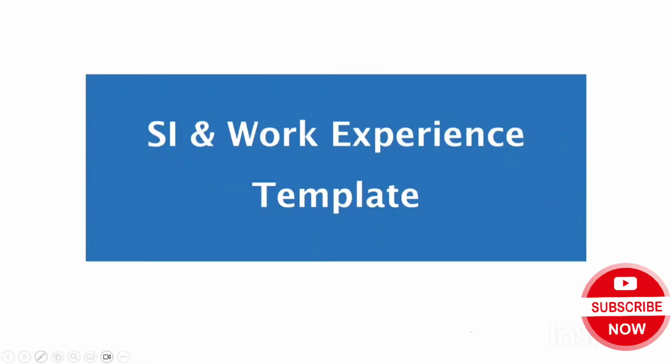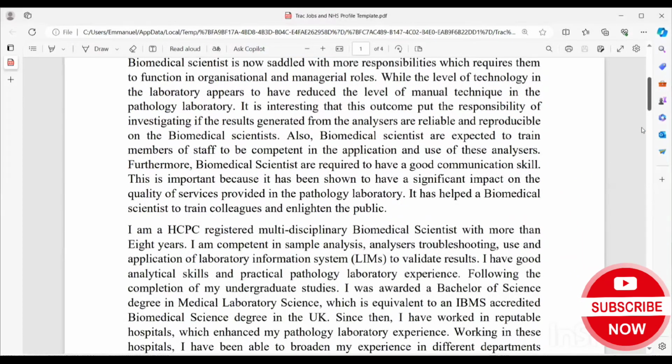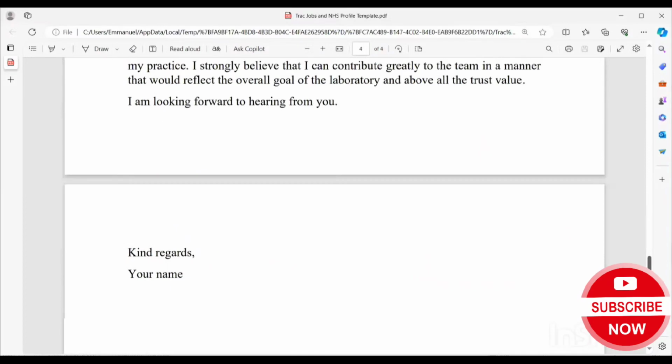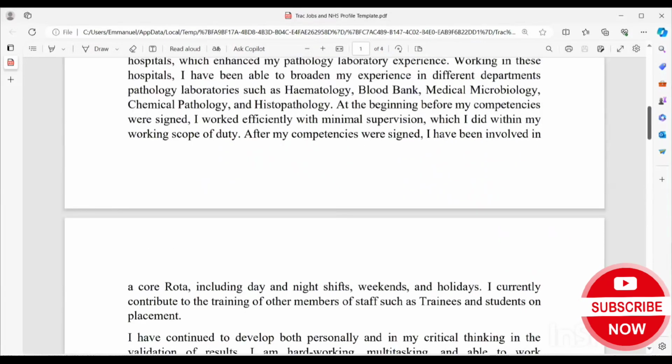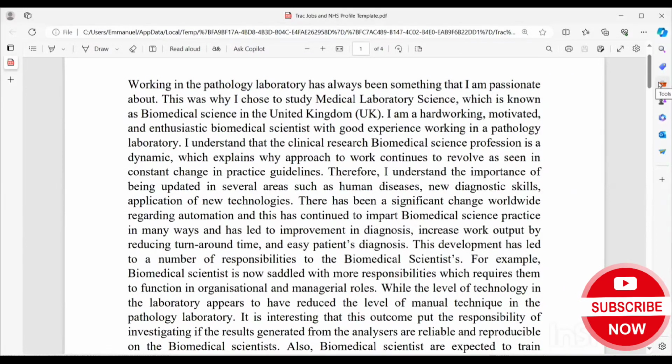So I'm now going to show you some template. This is just an example. Let me show you so that you can see how long it is. It's not that a lot of things is said here. Okay, so now you are at this point, because I've given you the points on the PowerPoint presentation. This is where you now need to elaborate on some of the things you're trying to say.